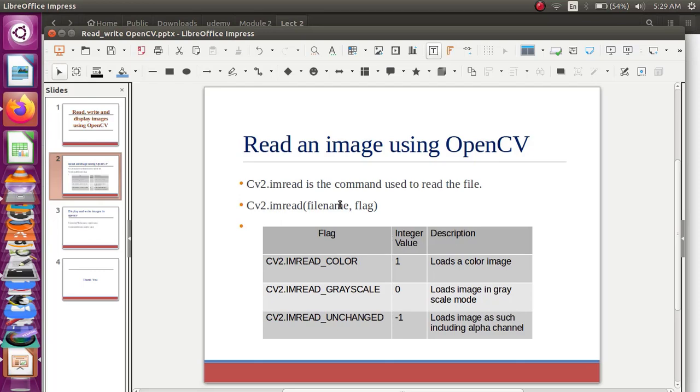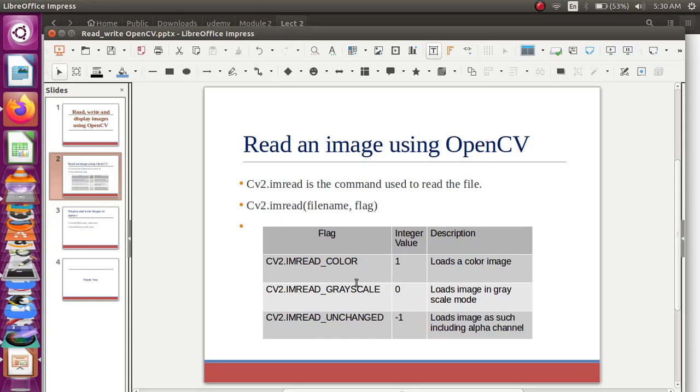1 means the image has to be read as a color image. You can either specify the integer value or the name of the flag itself. cv2.IMREAD_COLOR loads the image in a color format.